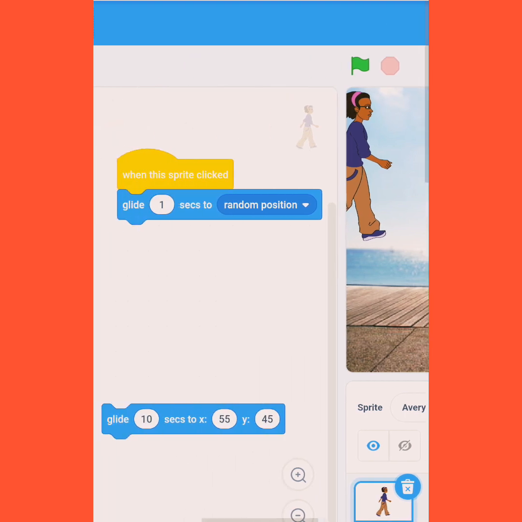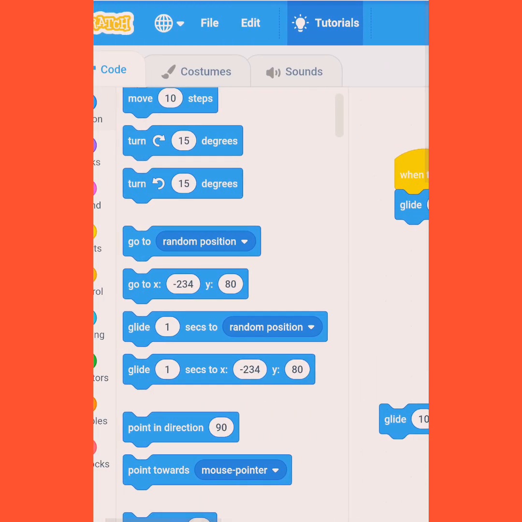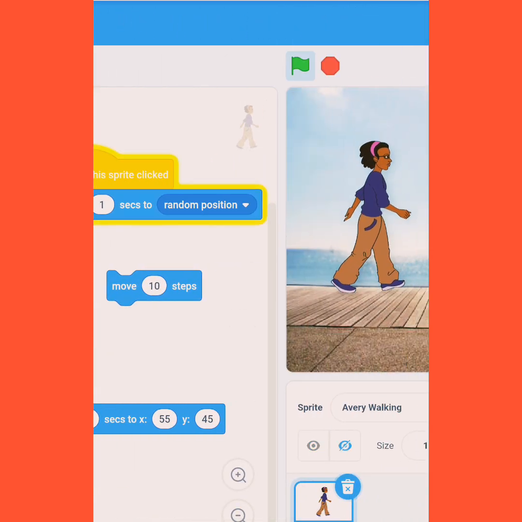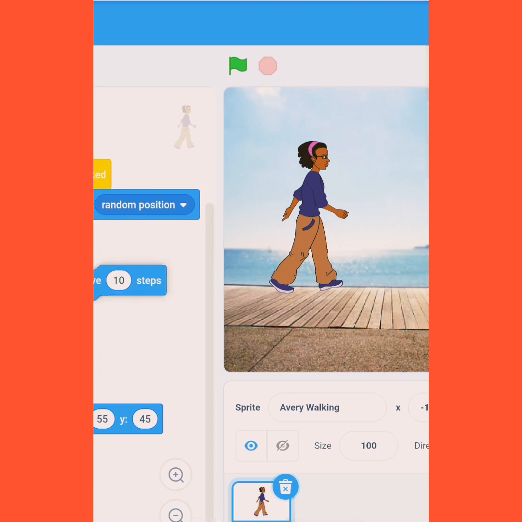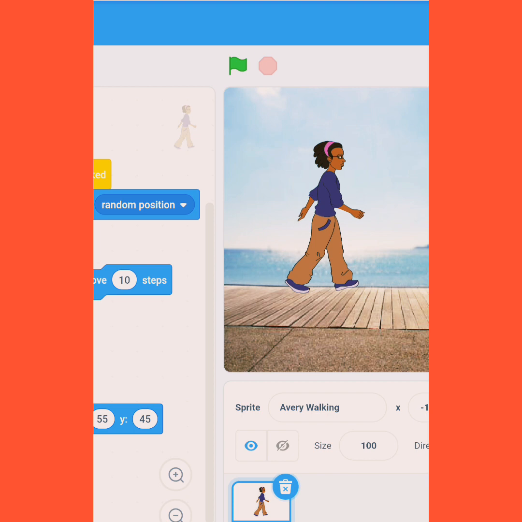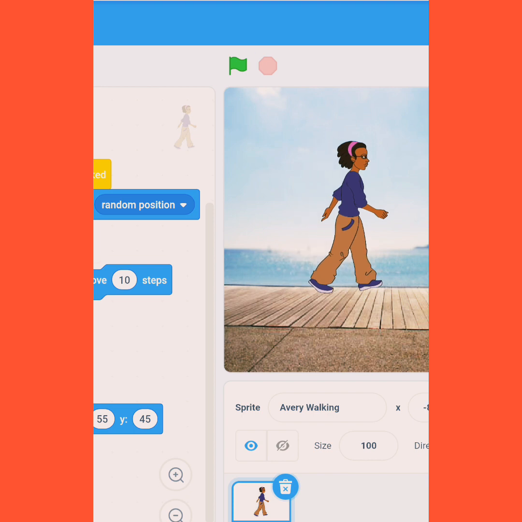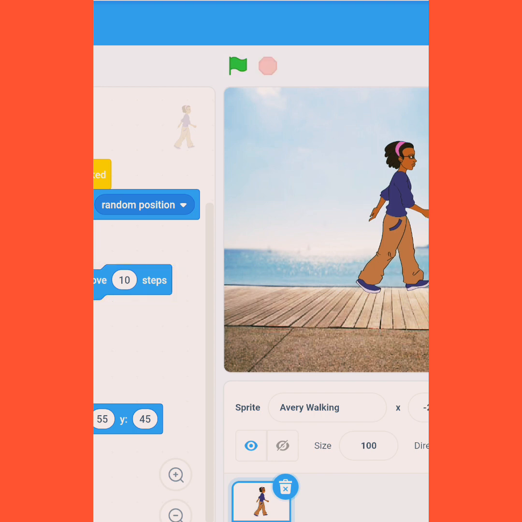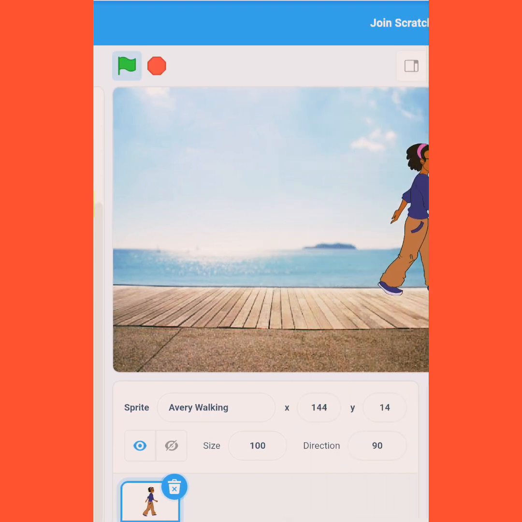But if you use the move block, that also let me show you. Your sprite will move only in the horizontal direction, that is towards the x coordinate. I'll show you. You can see your sprite is moving only in x coordinate, and the movement is also not continuous and smooth, as you see in the glide. See, it is gliding,